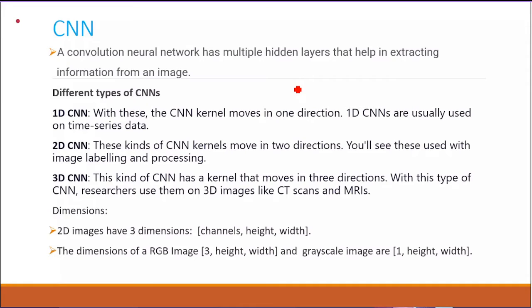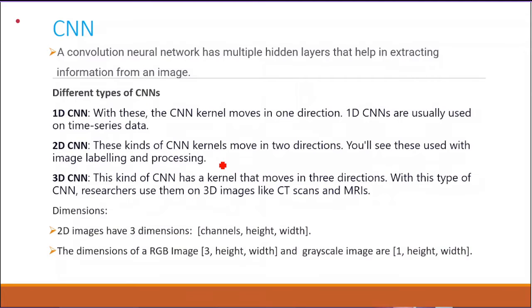The word convolution represents taking the input image pixel values. Convol is a word that combines two things. We take the pixel values of the input and apply some filter, which we can call a mask or kernel, so that the two matrices are combined together to give a new matrix value. From the input image I get a new output image matrix, which we call a feature map.